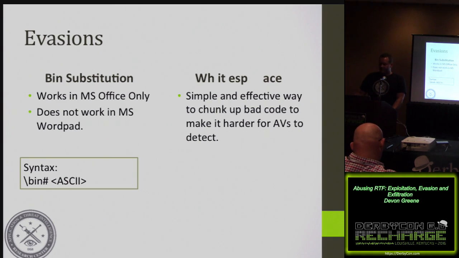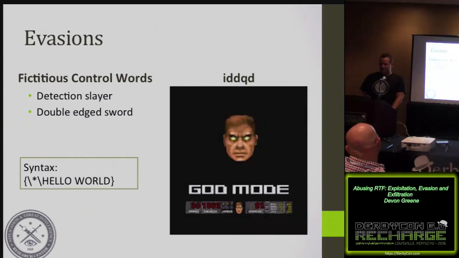The other really effective evasion, probably one of the most effective that seems to work very well, is just using whitespace to chunk up your malicious RTF document. So I think I've got a couple more here, and then we'll get back to looking at more examples. So this one, I kid you not, is probably my favorite